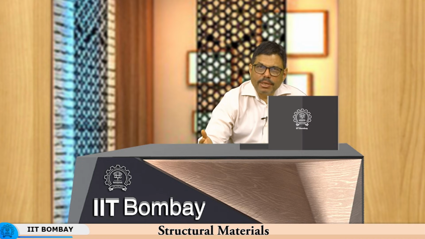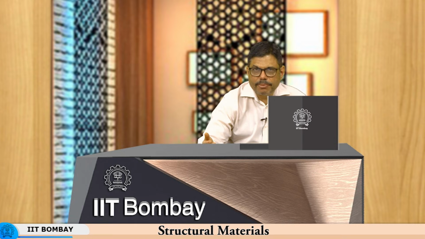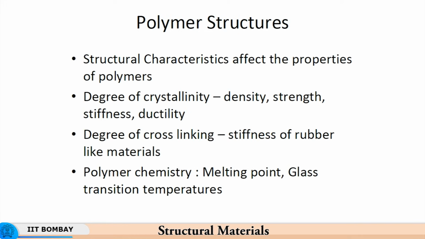Similarly, ceramics are the ones which are naturally occurring as well as man-made. For example, glass is something that can happen in nature, but in case of most of the engineering ceramics, we deal with man-made ceramics where artificial processing is used for making the ceramics. So now we will look at where the polymers derive their strength from.